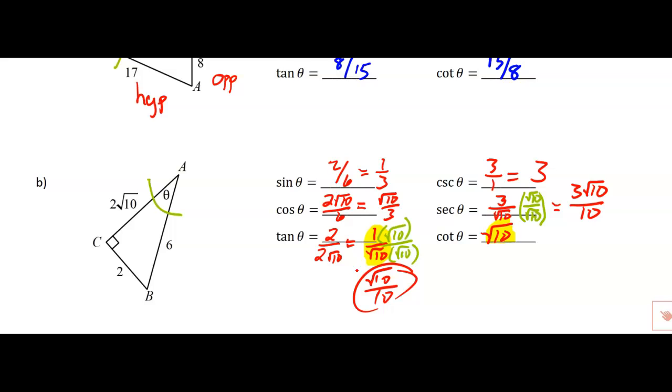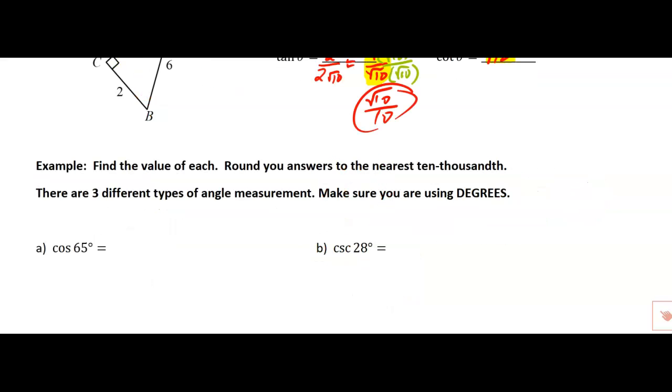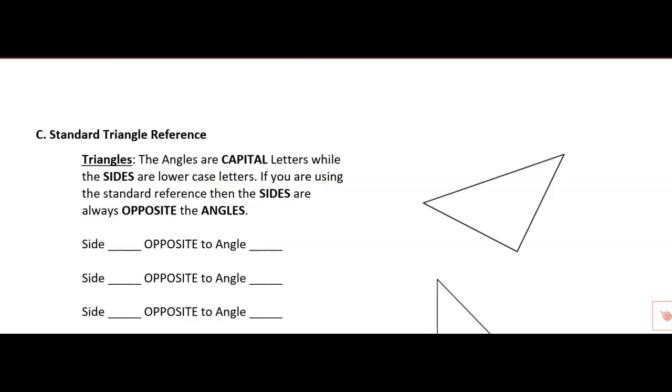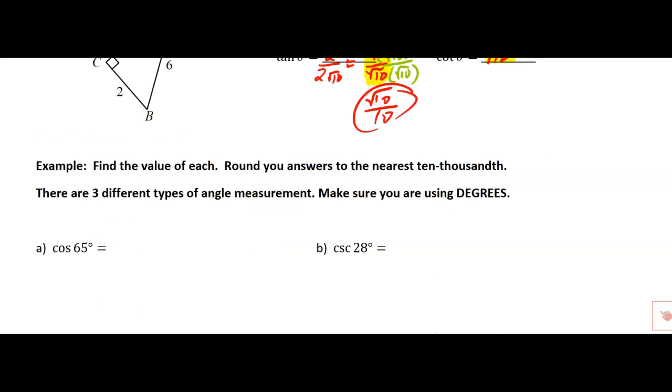Are we all right with finding the trig ratios if you have given information? Okay, on the next thing, we are going to be using a calculator to find values, okay? On the regular graphing calculator,